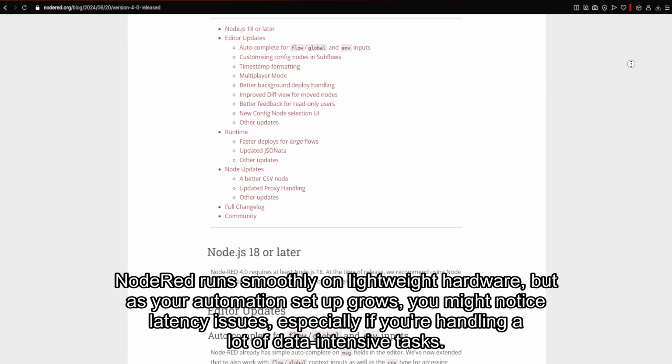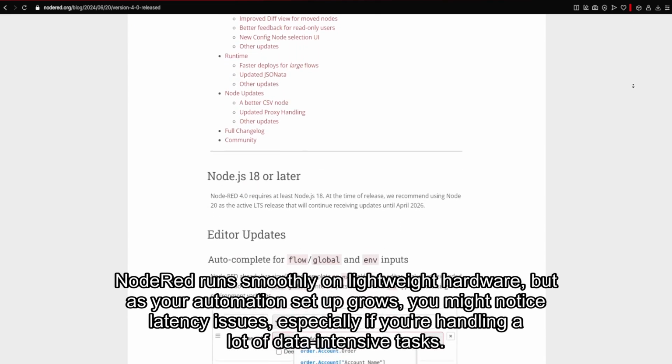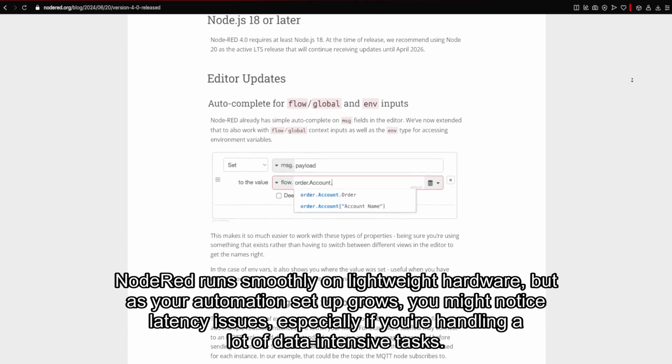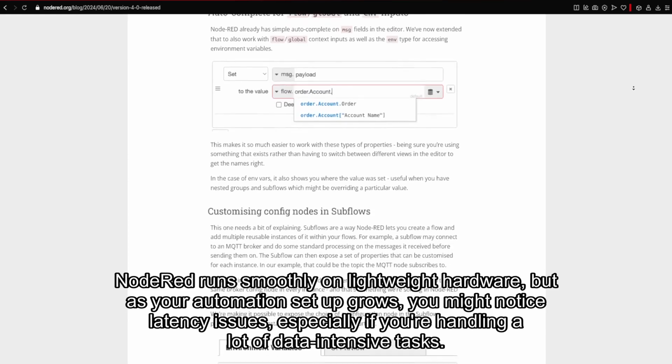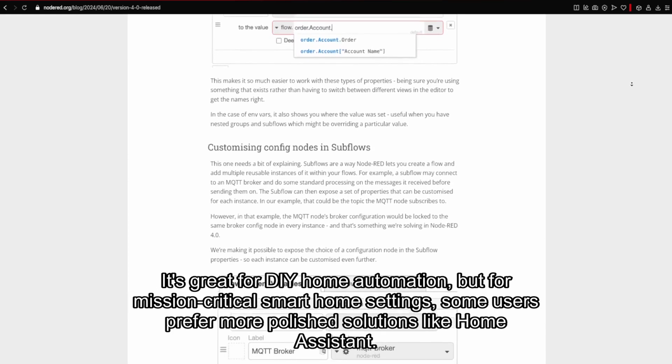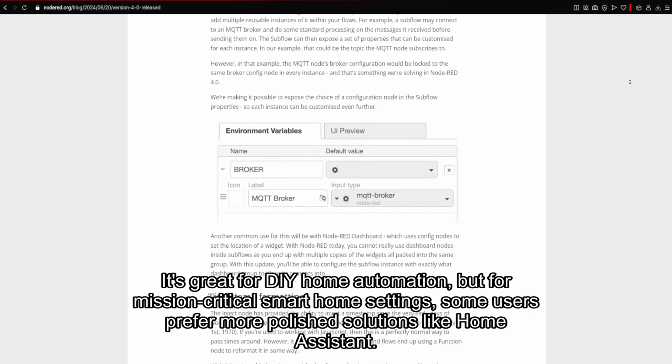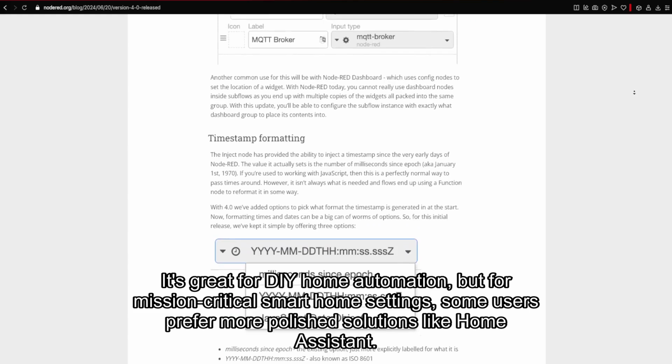Performance-wise, Node-RED runs smoothly on lightweight hardware, but as your automation setup grows, you might notice latency issues, especially if you're handling a lot of data-intensive tasks. It's great for DIY home automation, but for mission-critical smart home setups, some users prefer more polished solutions like Home